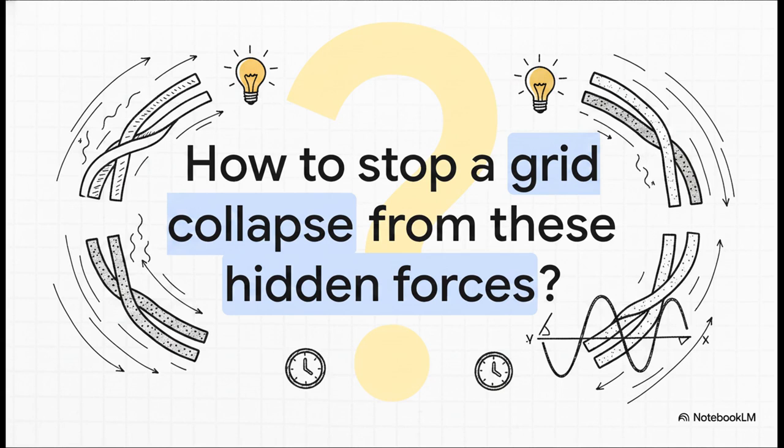So, the power grid is clearly not just a bunch of passive wires hanging on metal towers. It is an incredibly delicate, ever-shifting balancing act of heat, microscopic skin effects, magnetic inductance, and precise voltage angles. If any of these invisible forces slip out of balance, the modern world literally goes dark. So, next time you look up at those bundle conductors, ask yourself, how do engineers constantly monitor and manage these hidden forces every single second to prevent a total grid collapse?